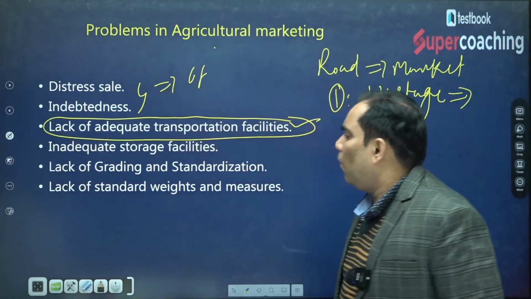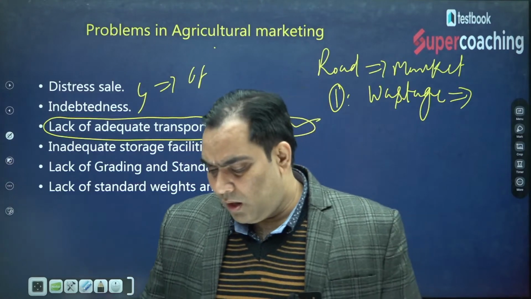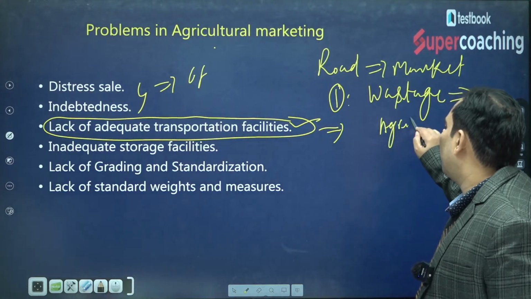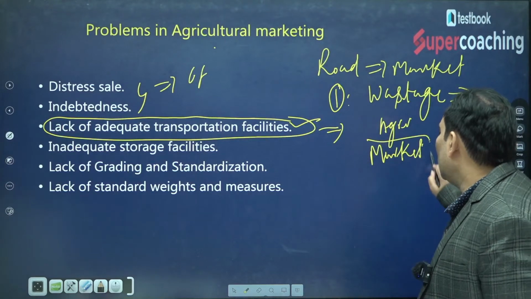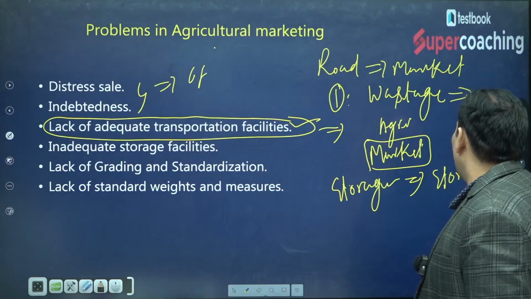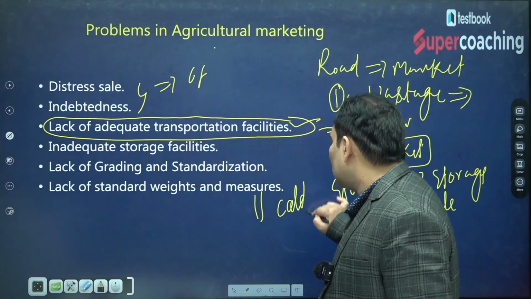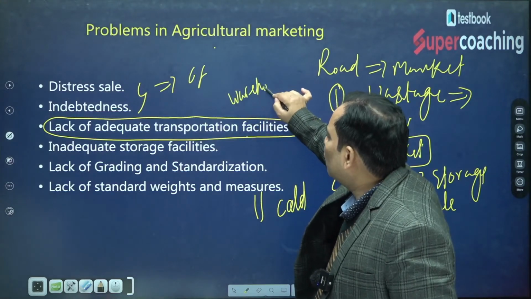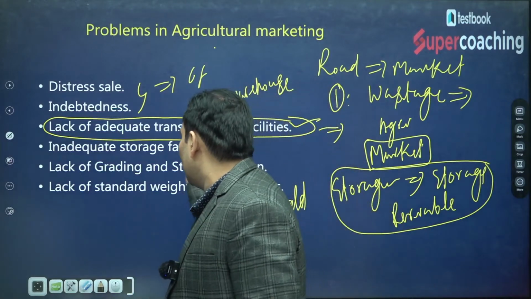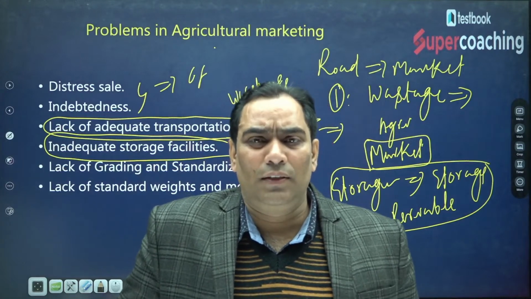Not only this, there is also inadequate storage facility, and this is still a problem. Suppose the farmer transports the agriculture produce from the field to the marketplace, but at the marketplace there should be some storage facility, so that the farmer can store the produce, because if it is perishable in nature, it is going to be wasted. So there is need for some cold storage or warehouse facility at the marketplace, so that wastage of the farmers' agriculture produce does not take place. But this is lacking, meaning at the marketplace there is no cold storage or warehouse facility. Because of that